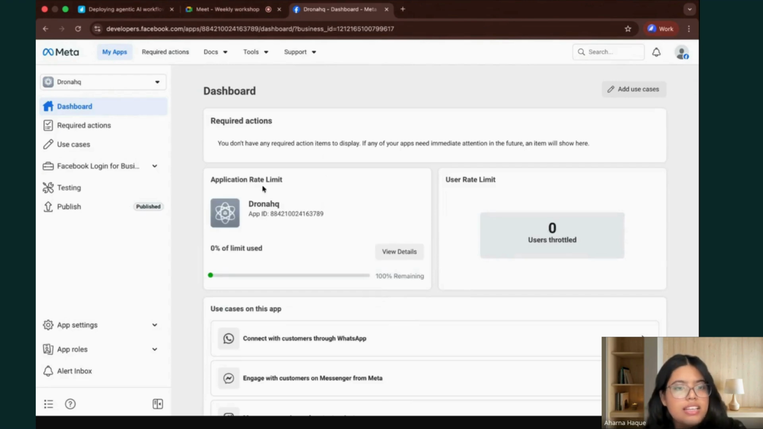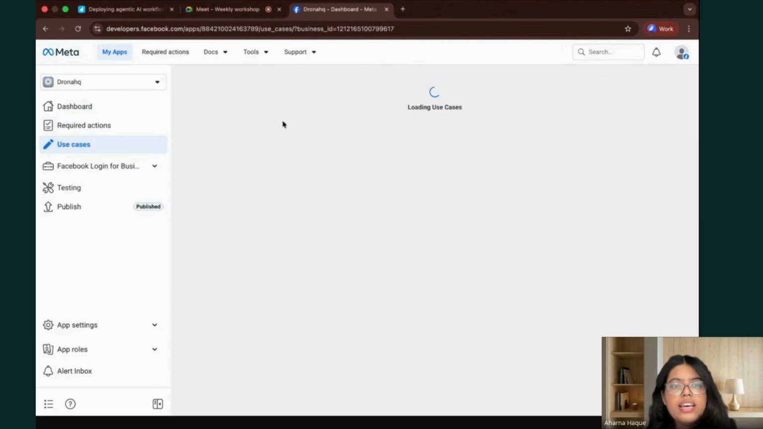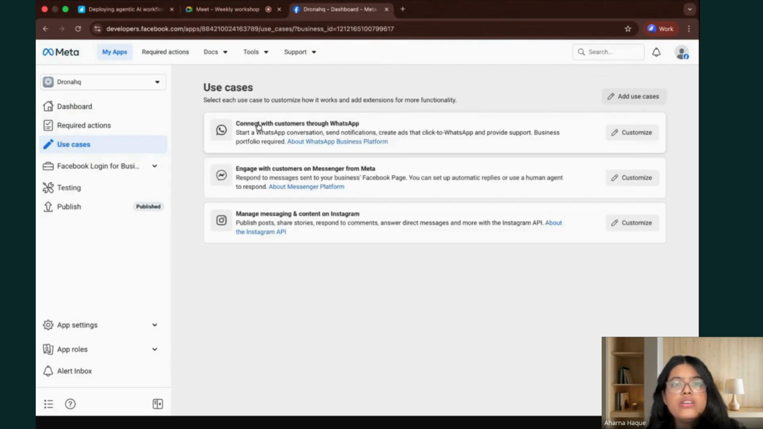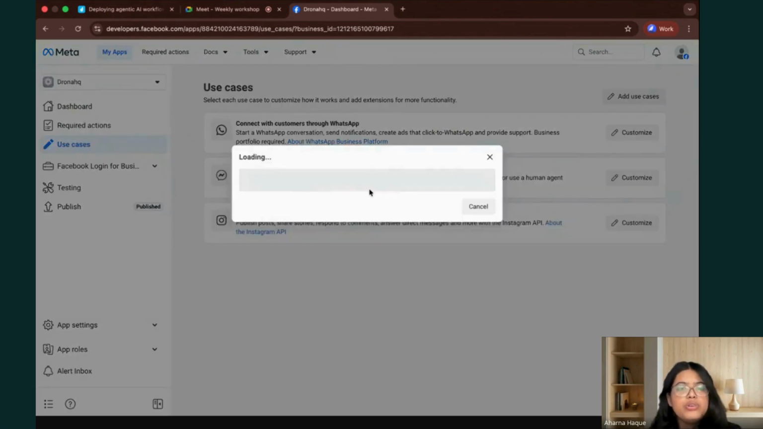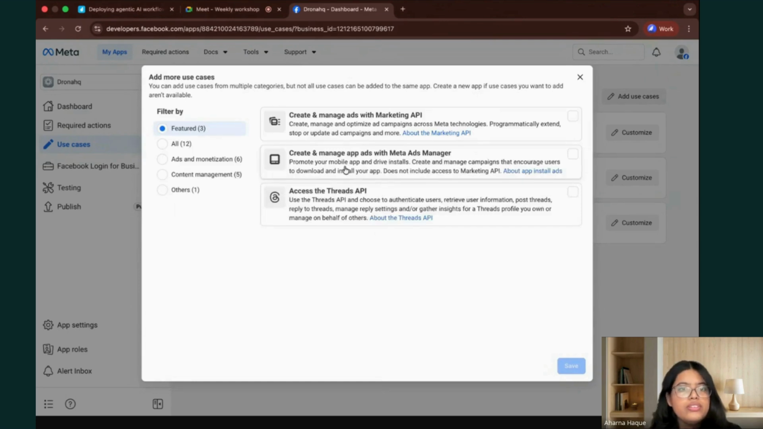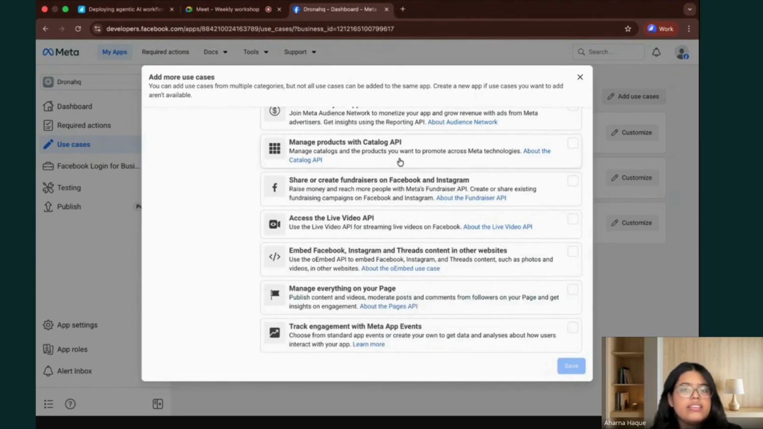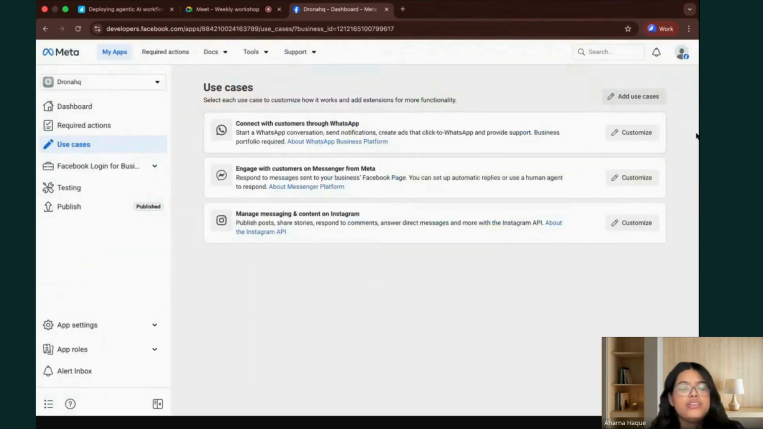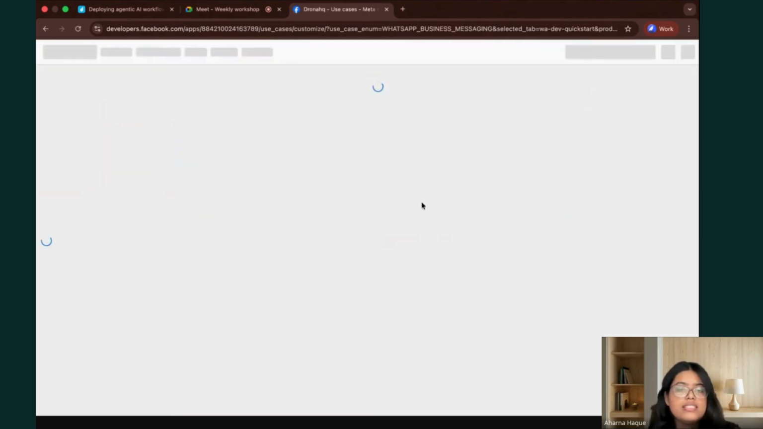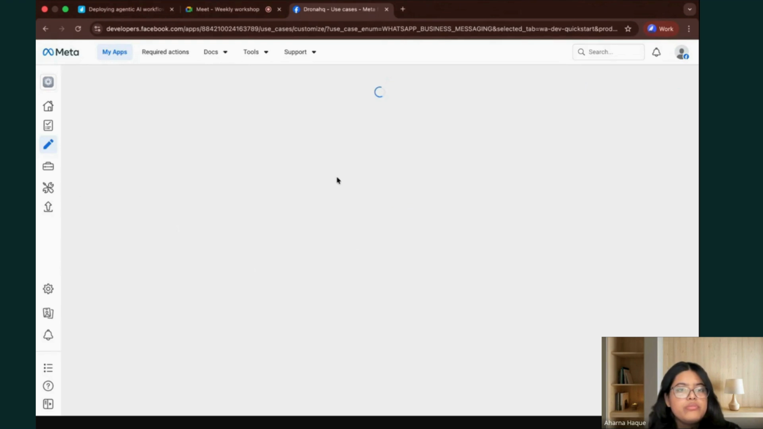And once that's done, it'll show you on the left hand side different sections. So I'll just go ahead to the use case section, and that'll bring me to connect with customers through WhatsApp. Now this is the use case that you would want to add, and if you would like to add any more use cases, you can select it from here. So in case you have any other Meta accounts like Instagram and Messenger, stuff like that, you can also go ahead with that. But I'll just go ahead for the WhatsApp, and I'll click on customize, and that should bring me